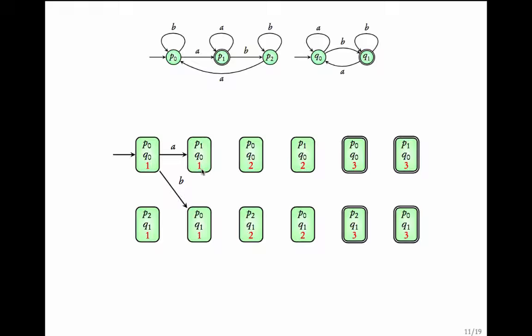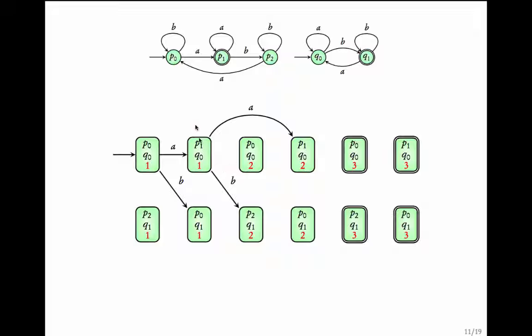This 1, as I said, is waiting to see an accepting state of the first component. Since P1 is an accepting state, you should move to the state with 2. This means that yes, we have seen an accepting state of the first component. So let us now move to a state where we are waiting to see an accepting state of the second component. So P1 Q naught on an A goes to P1 Q naught. Since P1 was accepting, 1 will be incremented and we go to 2.